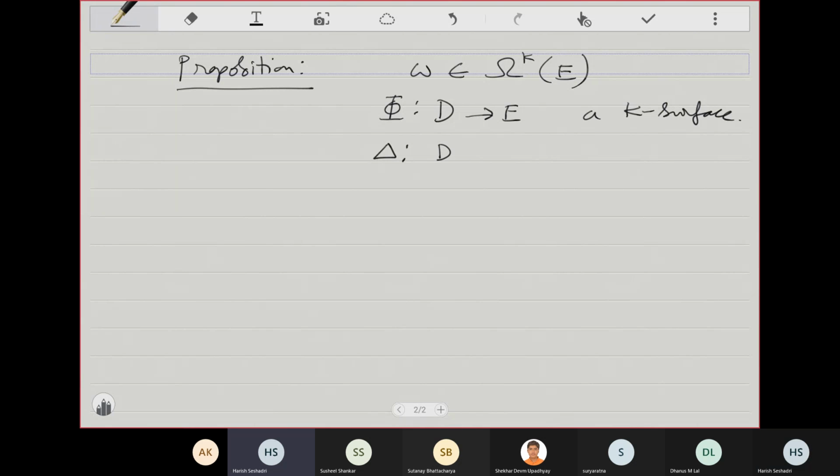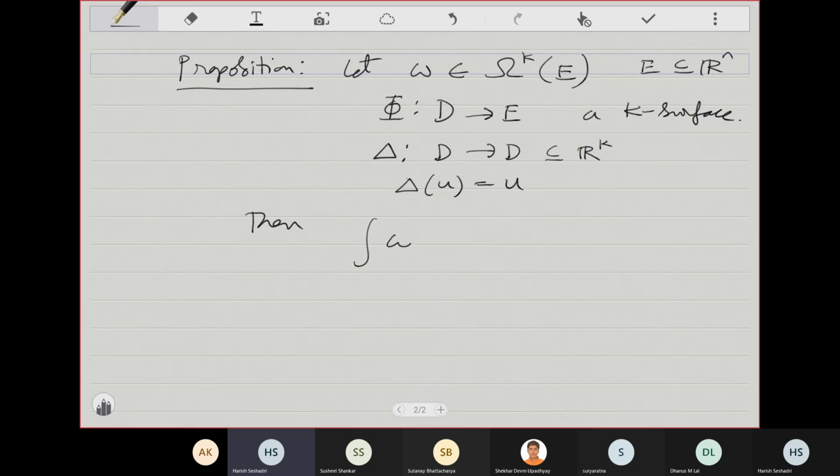Delta is again a K surface, but here E is in Rn as usual. Delta is just the identity. Delta of U is equal to U. Then, let all these things be as they are defined to be, and then